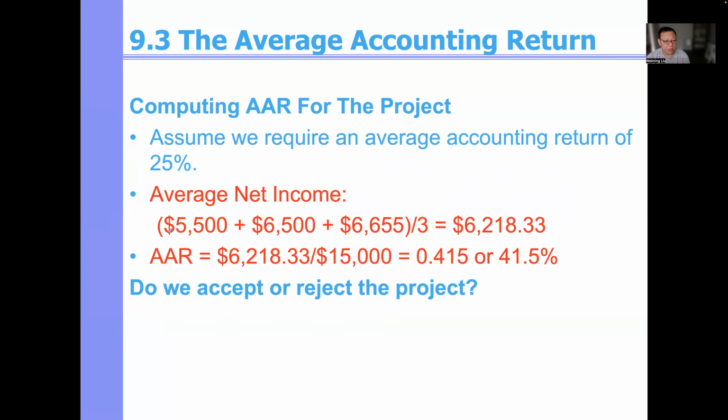So in this example, the information given: the first year is 59, the second year is 6,500, and the last one is 6,655. The average income is calculated by taking the average of the three numbers, and the book value is given as 15,000. When I do this calculation, I get my average accounting return is 41.5%. The benchmark is 25%. So therefore, mine is 41.5%,